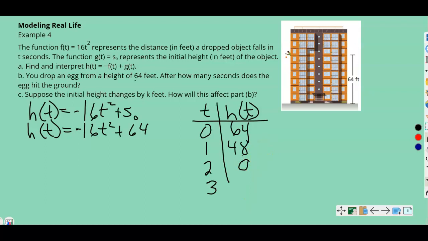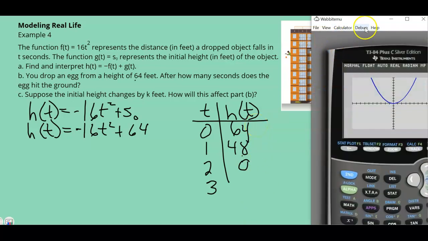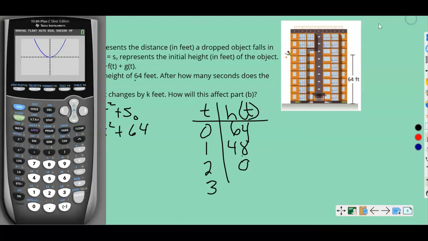All right, let's go ahead and look at that graphically and see what that looks like. So let's go to y equals. We're going to clear this equation out, and we're going to put negative 16 t is the same as x, so we're just going to do x squared, that's just our variable, and then plus 64. And if we hit graph,